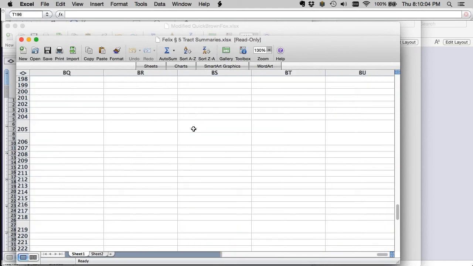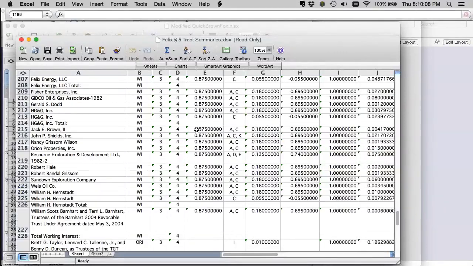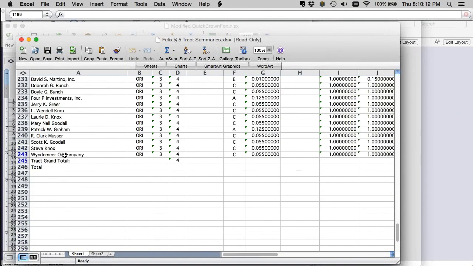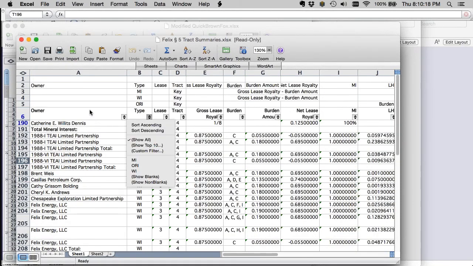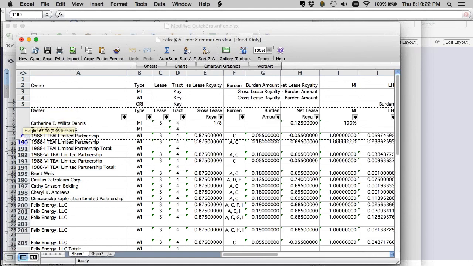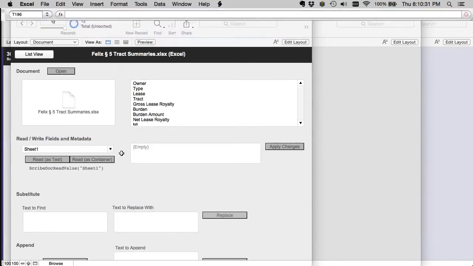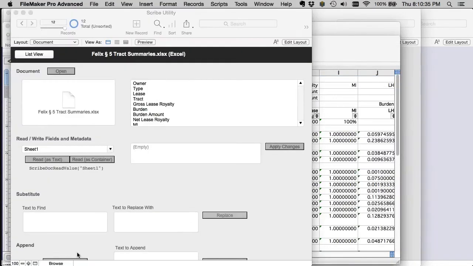All right, so I'm guessing there's some macros or something in here. But okay, and headers, and lots of missing rows here. But if we look over here, it did get the text out. And let's see, how many sheets? There are 2 sheets. If we look at sheet 2,